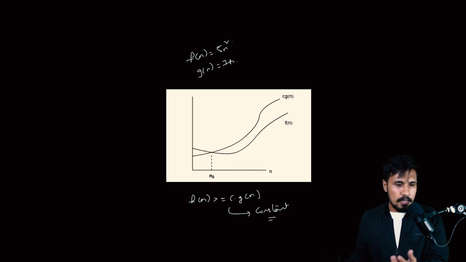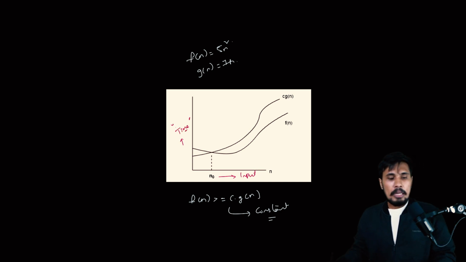This is our input, and this is our time complexity. Now what exactly it speaks about is, this is the average time which it takes for a function to